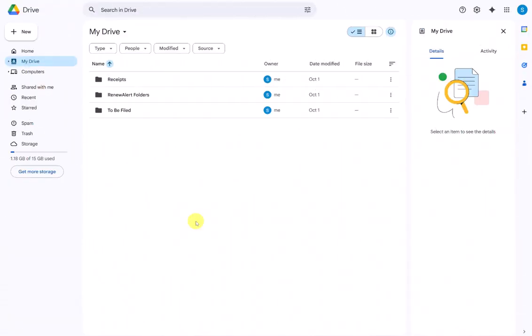In this short video, I'm going to show how you can utilize links to cloud-based drives to store your documents in Renew Alert reminders. This will allow you to remotely access those files through your Renew Alert reminders, through the emails that come in, and you can actually update your documents just with a smartphone pretty easily. And the cost is relatively small.